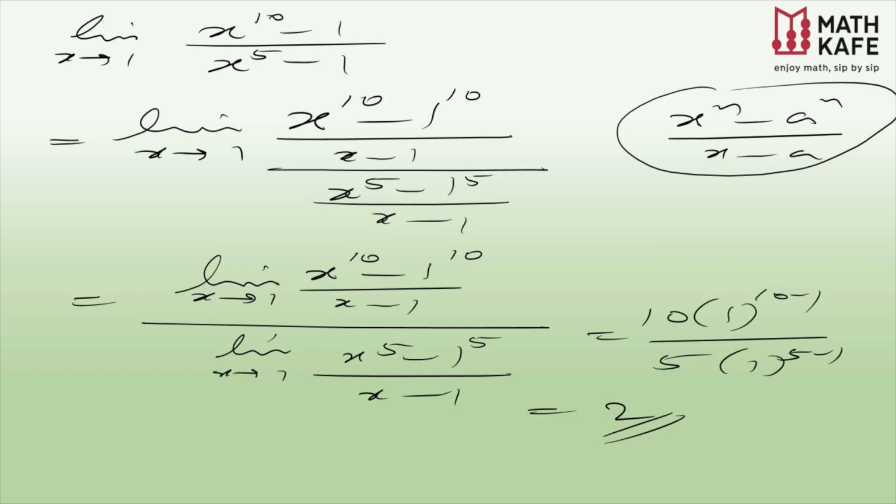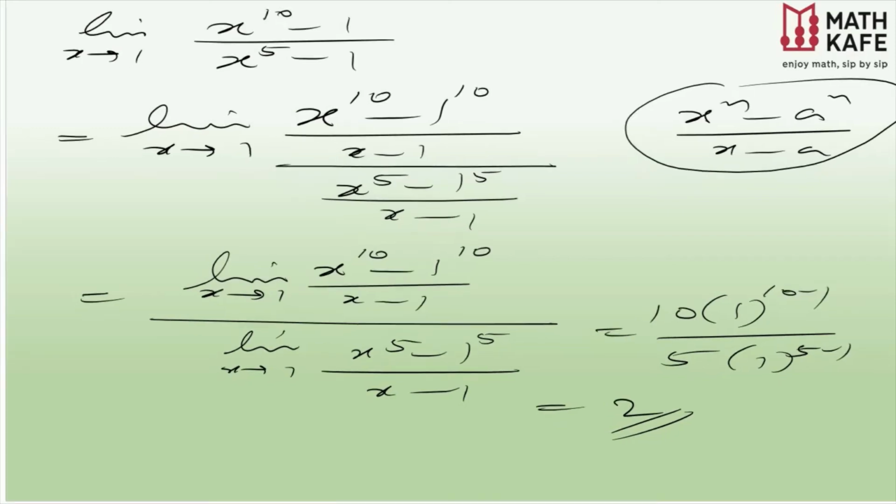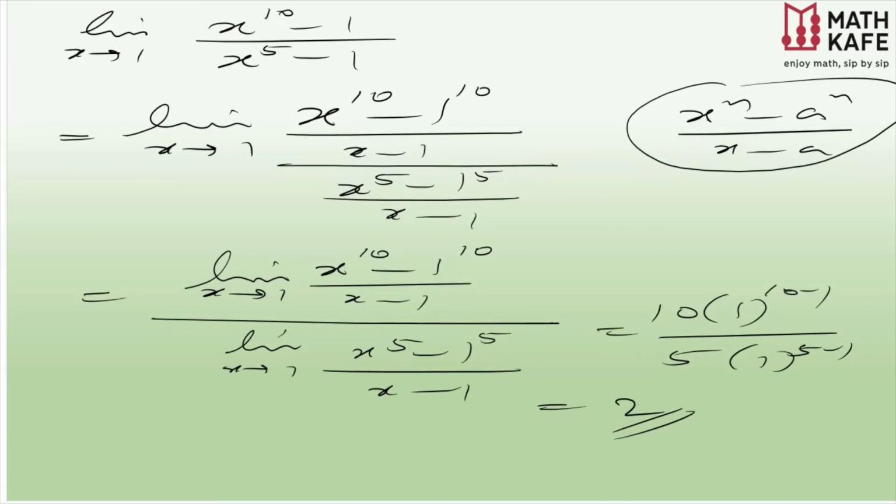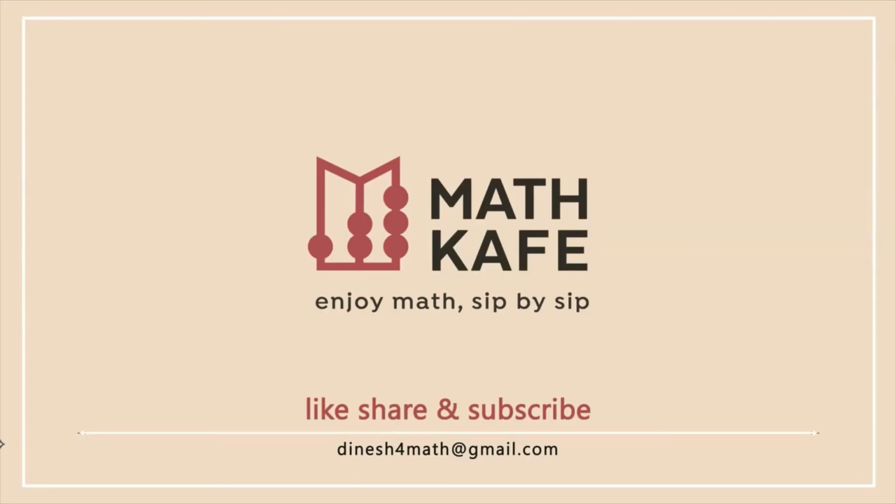Try more questions based on this idea, then you will be thorough with this property. So here we have learned two methods. One is evaluation by using direct factorization, and the second method we have seen by using the formulae. There are still more methods. The next method we will see in the next session.